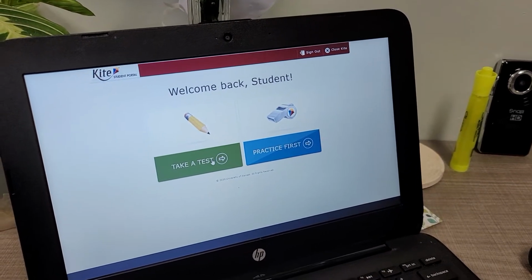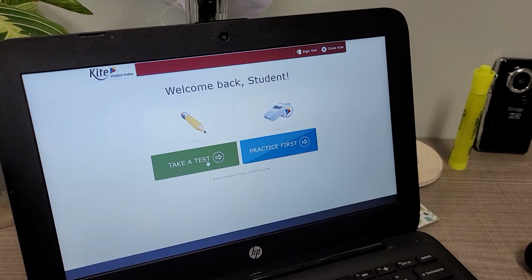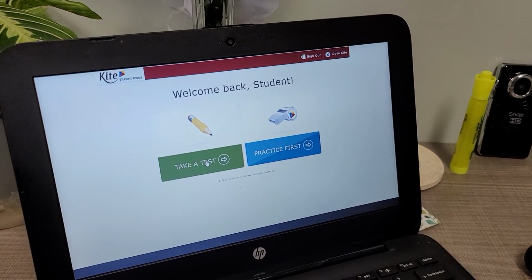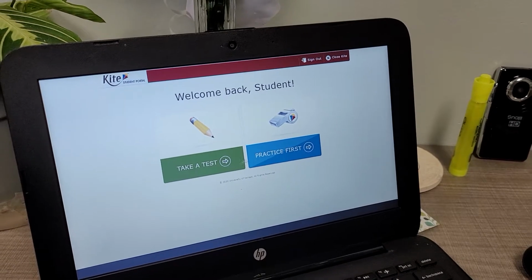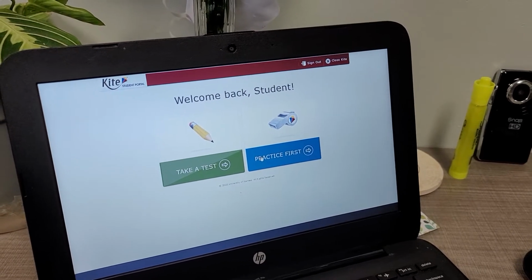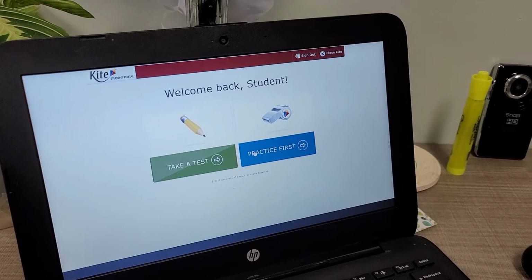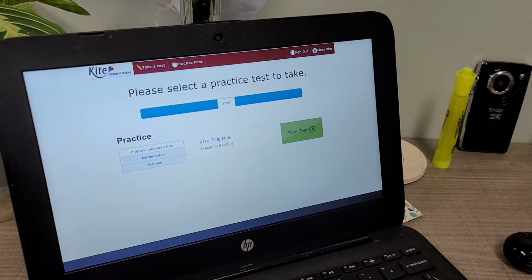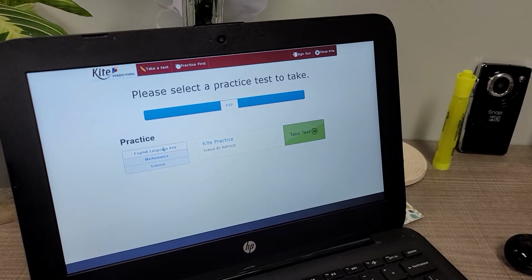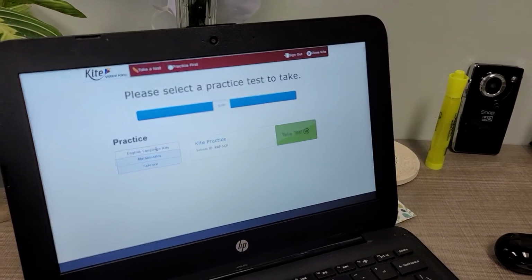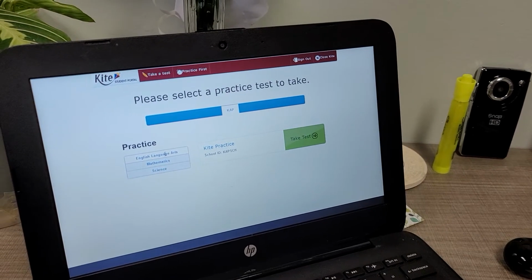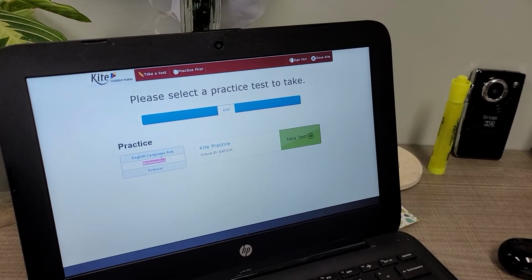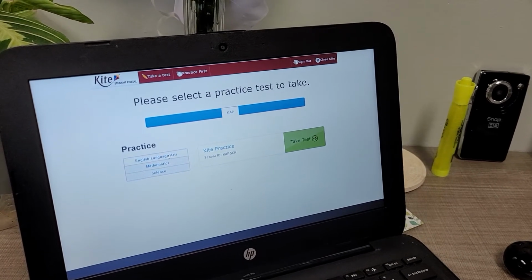Everything that we are going to do for real when we take the actual English or math practice tests, the interim tests, we would do it over here on this side. We're going to look at the practice test today since we're just going to be looking to see how it works. So I'm going to click on practice test, and right away I see that I have three options. If you're in grades 3 through 8, you're going to have English and math, and if you're in grade 10, you're only going to have English, but you just click on the test that you want. So we'll click on English, for example,